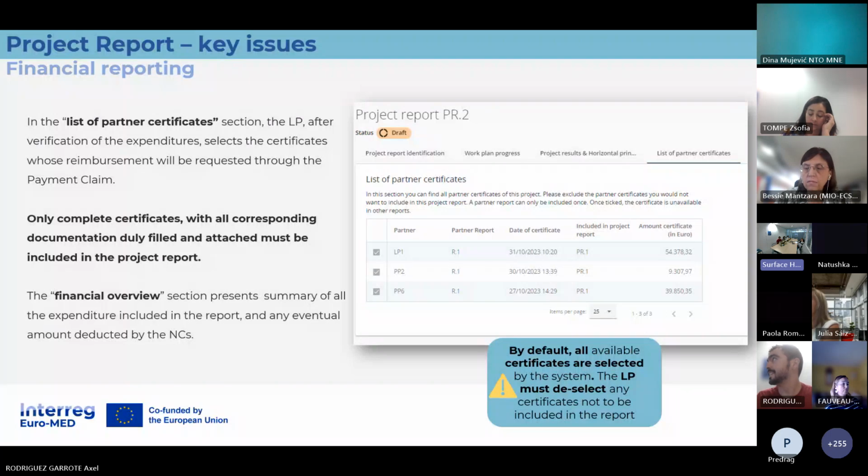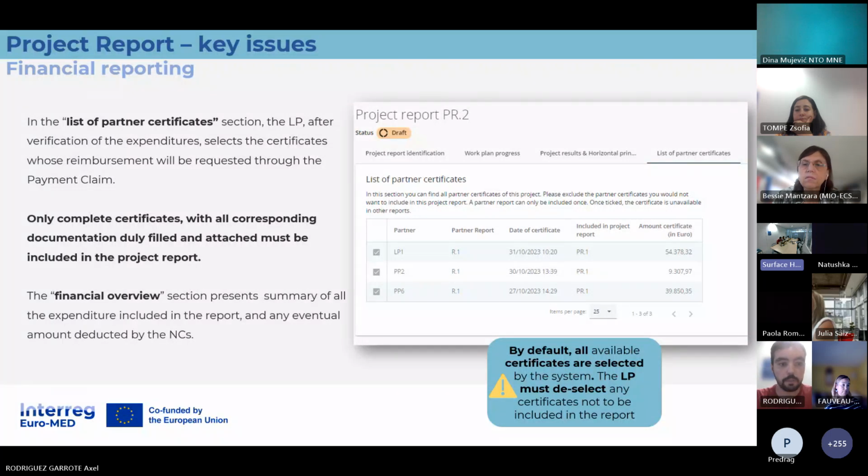So actually, instead of selecting which ones you are including, you select which ones you are excluding. For example, there's an important point: for Spanish and Portuguese partners, the system doesn't wait for the national validation to allow you to include a certificate. But you can only certify once the national validation has arrived for Spanish and Portuguese partners.